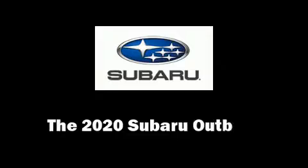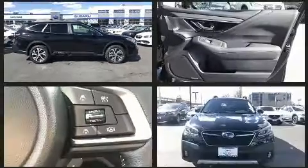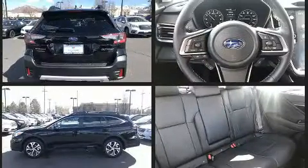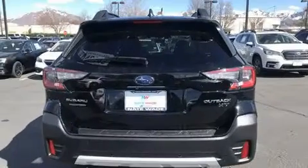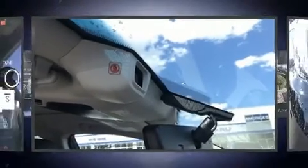Load your family into the 2020 Subaru Outback. A turbocharger is also included as an economical means of increasing performance. Top features include a split folding rear seat, leather upholstery, an outside temperature display, heated front and rear seats, heated steering wheel, a power rear cargo door, remote keyless entry, and the power moonroof opens up the cabin to the